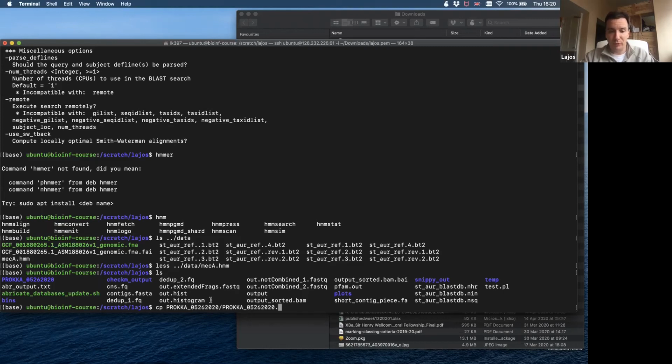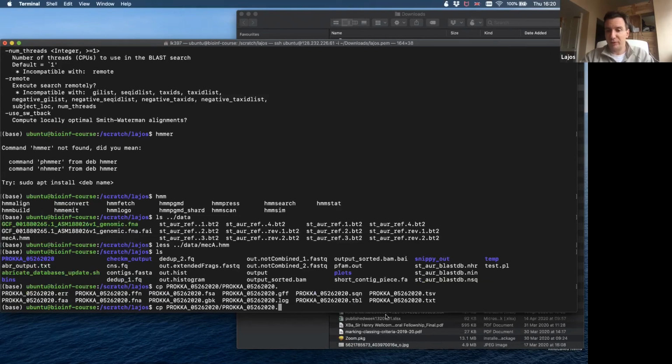So if you look at the Prokka folder, in default, there are so many different files created. We talked about this before, the GFF file for the gene names and positions. The GBK is the same, but in GenBank format, the table format of the genes that are annotated. But also we have this FAA file. The FAA file is actually all the genes that were annotated, translated to protein sequence and put into a multi-FASTA file. So I will just copy this into the data folder